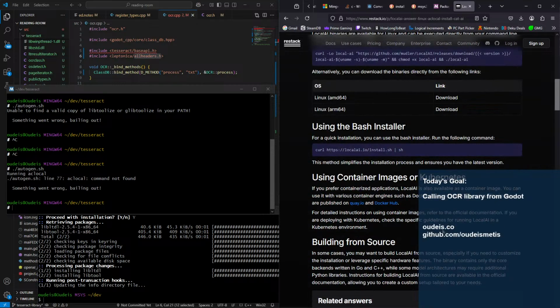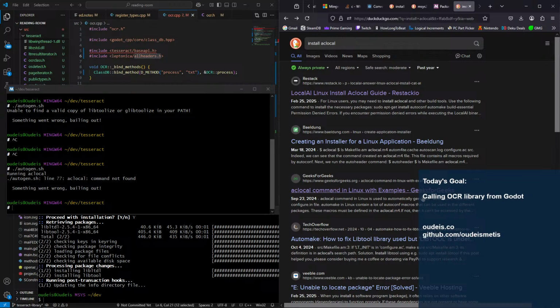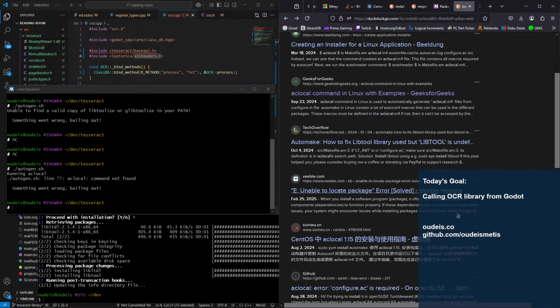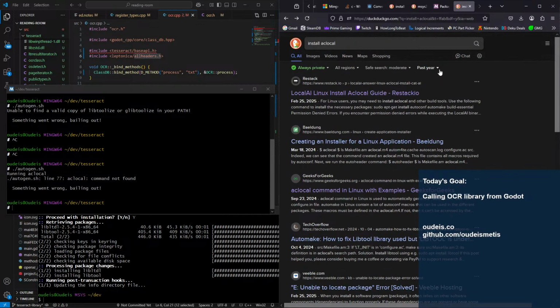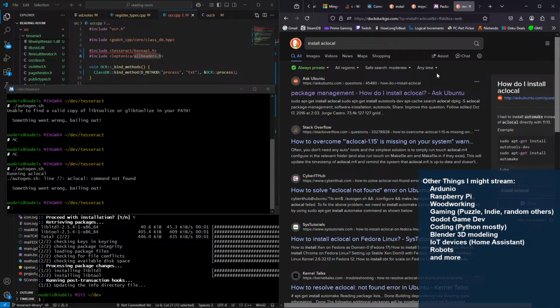I don't love that. Especially not from a random website that I don't trust. Okay, fine. It's a Linux package. That's probably an older one, so